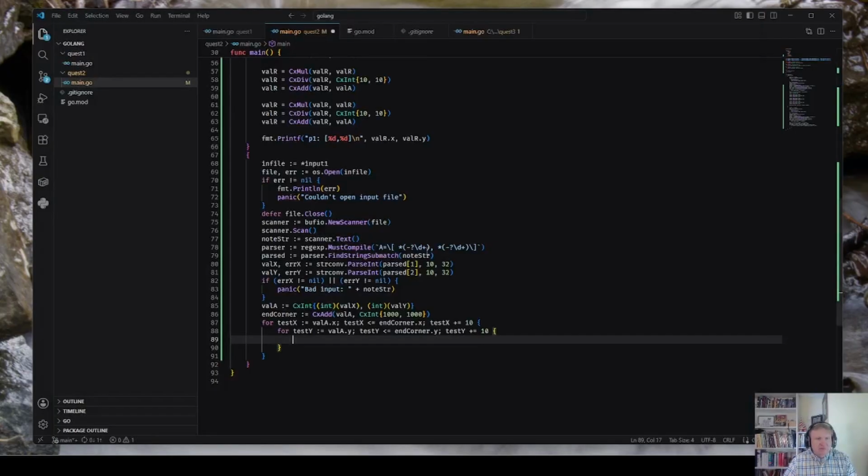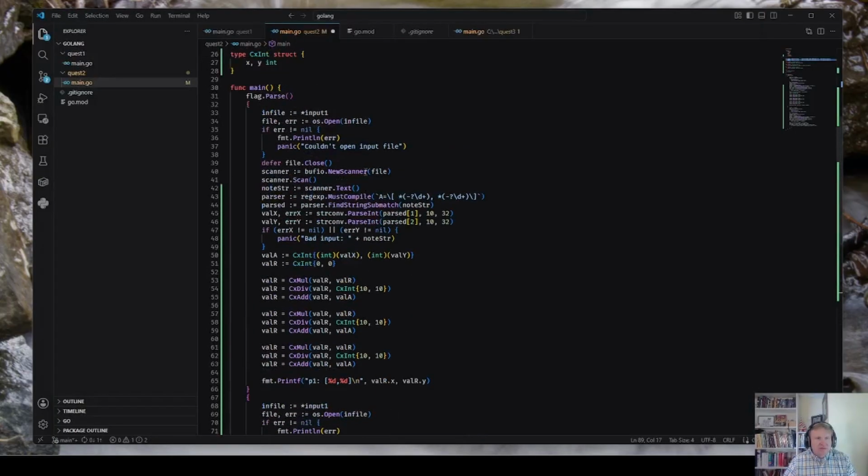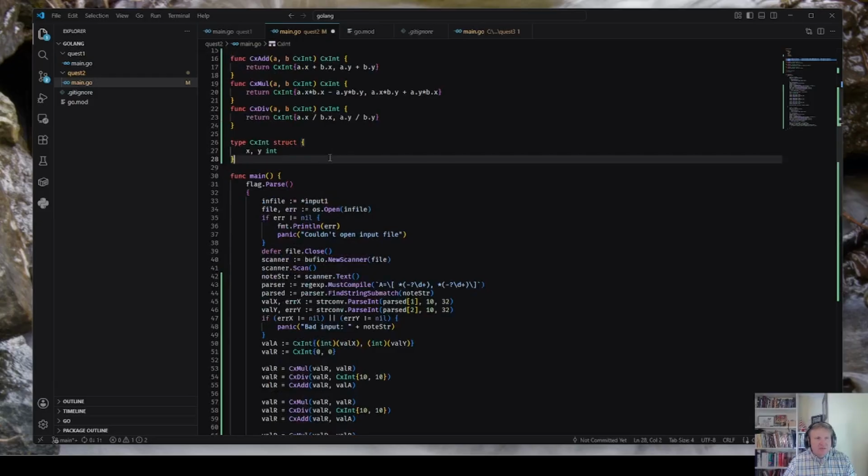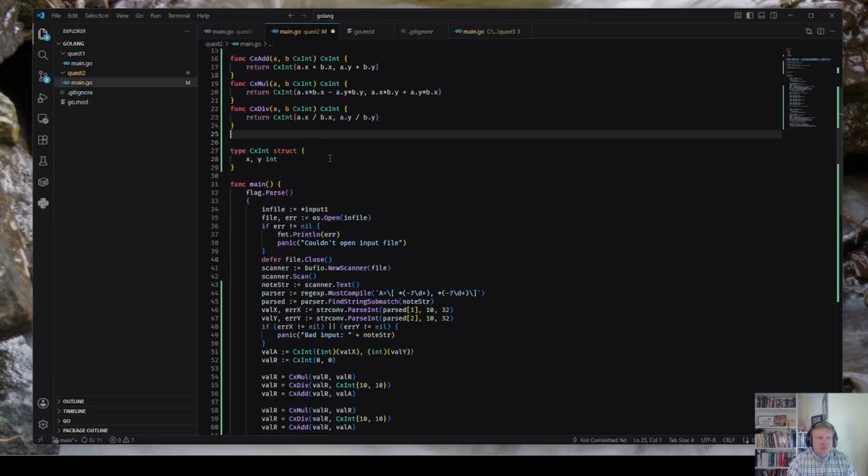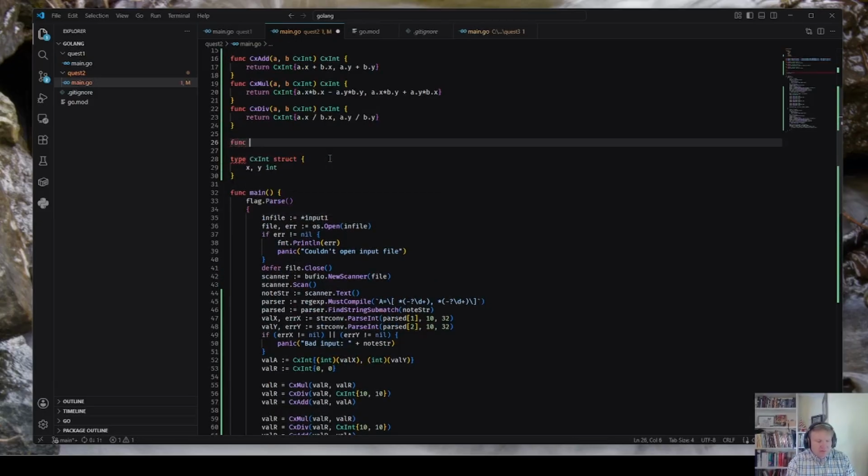okay, then func should engrave val a test of type cxint.